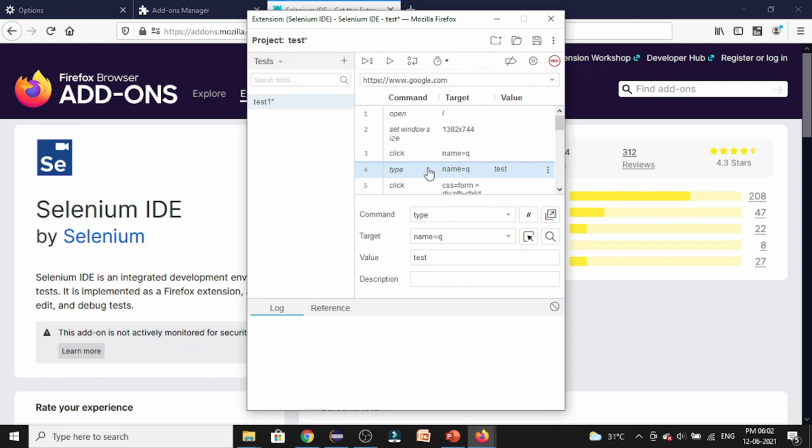Now, if you notice here, when I click on any of the actions which I have performed, it is giving me the command, the target and the value. So if in future, for one of my tests, I want to change the search keyword which I have given as test 2 to test 1, I can do that. I can just enter that value under this value field, and this will run for the search keyword test 1.